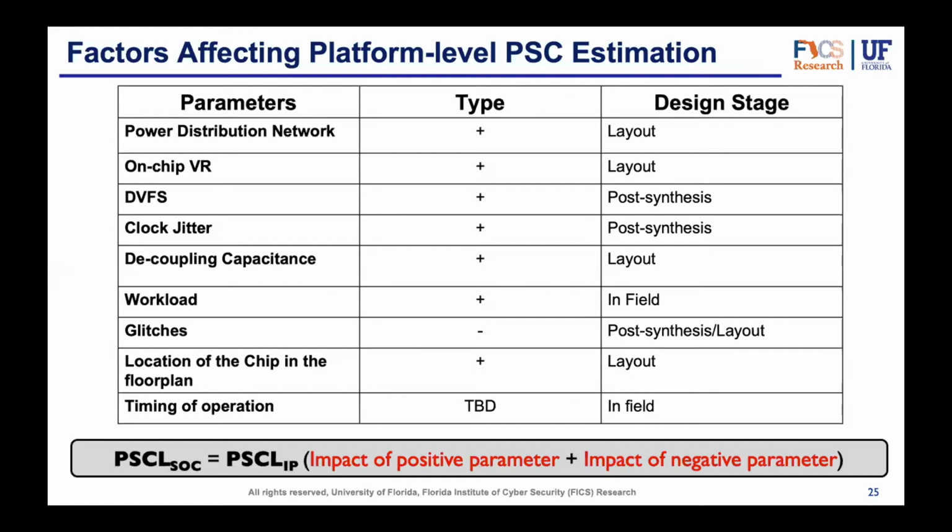There is also effort for security measurement, where you have to apply real workload and then run the simulation for a long period of time and then do some sort of correlation analysis between what you estimated as security and what you measure as real security. So when it comes to power side channel, for example, you have the on-chip voltage regulators, dynamic voltage frequency scaling, clock jitters, all sorts of glitches, workload. There's also the spatial and temporal effect that comes from other IPs around your IP, decaps, and so forth. I can go on and on for all of these parameters that impact the score or metric value that you get from the IP level side channel.